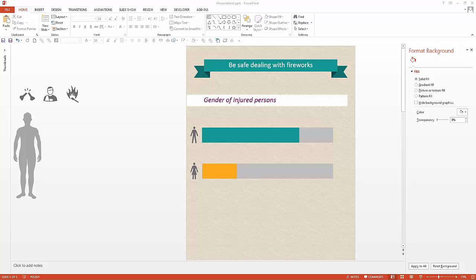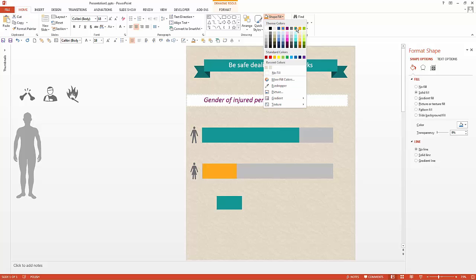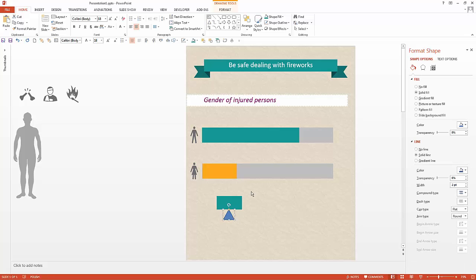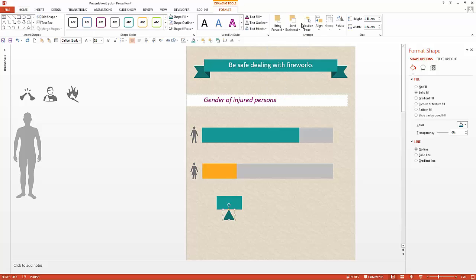What we miss in this chart are data callouts, and we are going to create them manually as well. So I will create one box over here without outline with this fill, and then this small rectangle without outline. Shape fill will be a little bit darker and we need to rotate it,